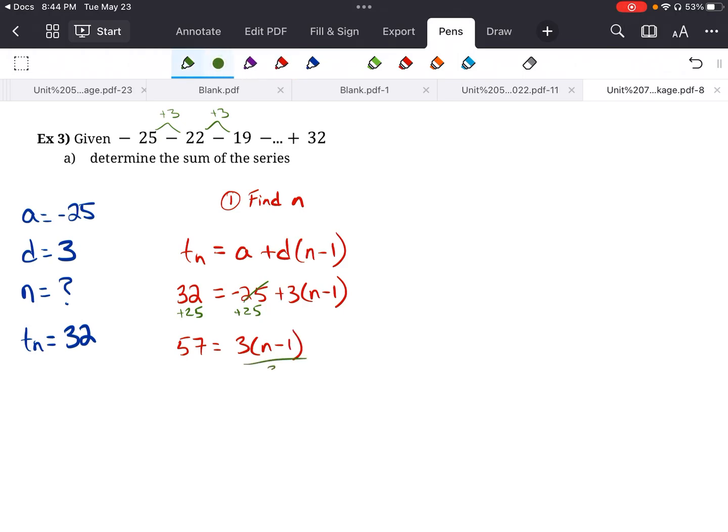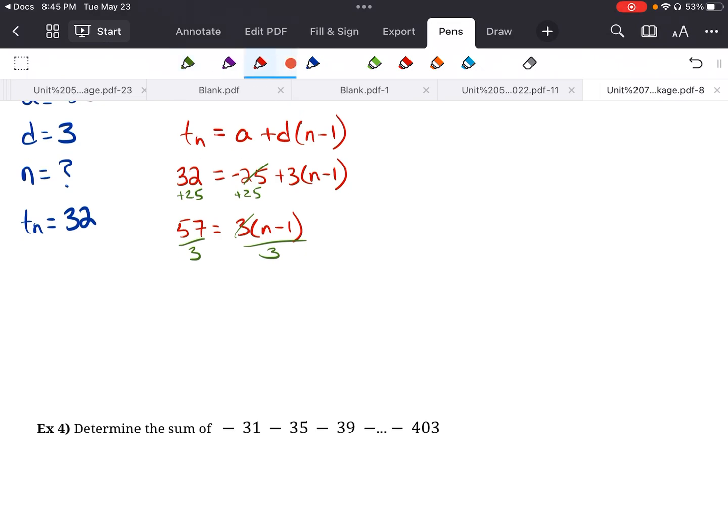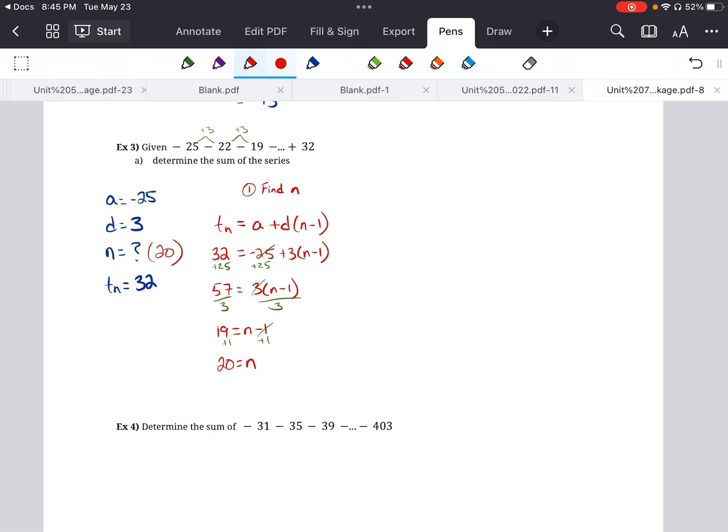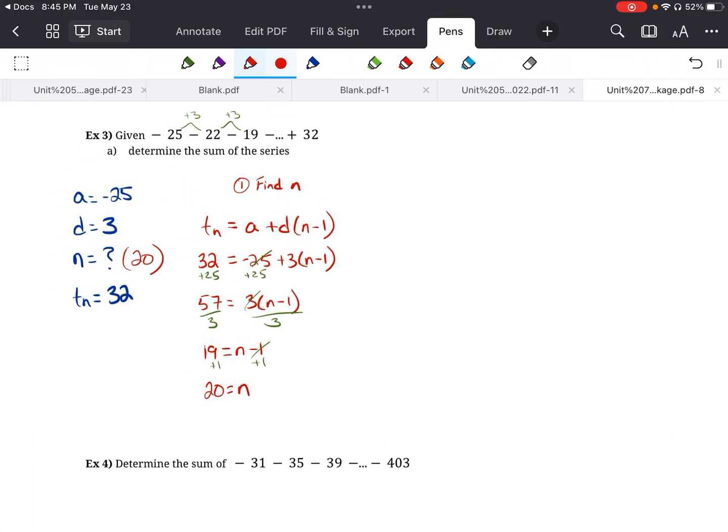Then we want to get rid of the 3. So we get 19 equals n minus 1. Finally, we isolate the n, and we figure out that n equals 20. Okay, from there,